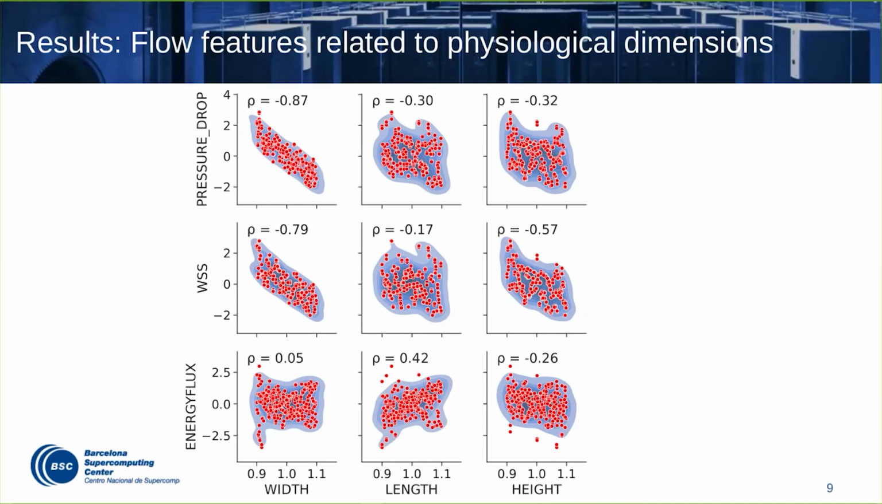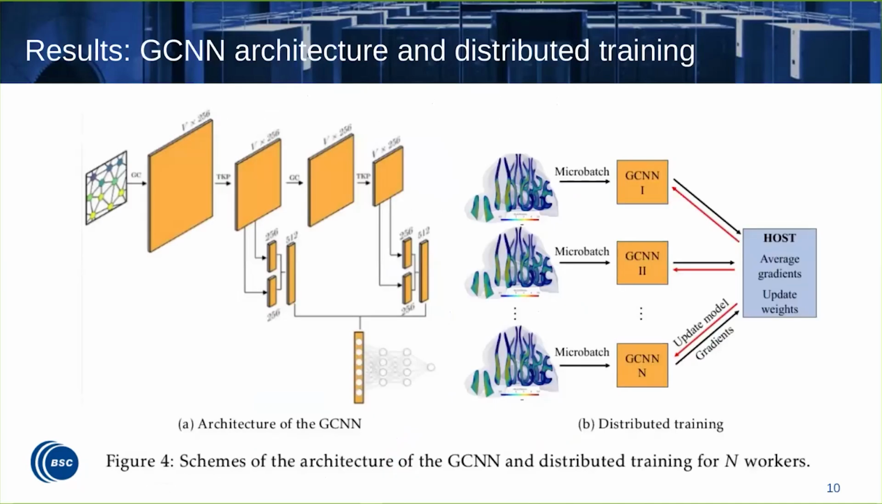Well, this remark needs further investigation and is not within the scope of the talk, but it deserves more investigation. So this slide shows the GCNN architecture that we use and the distributed training framework that we use for this study. We moved all the input and the training to the Jülich supercomputer, and we use a model